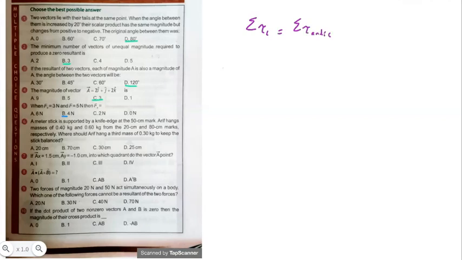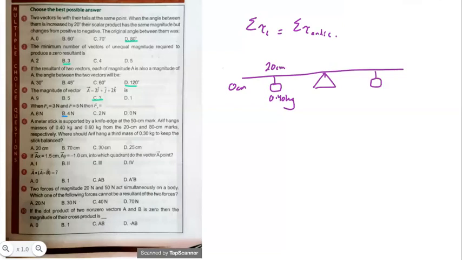So we have to use this equation to solve this question. First of all, there is a stick, and at the 50 centimeter mark, he placed the knife edge, and he hangs the mass of 0.4 kilogram from the 20 centimeter mark. So if this mark is 0 centimeter, then at the 20 centimeter mark, he placed the 0.40 kilogram, and at the other side, at the mark of the 80 centimeter, he placed another mass of 0.60